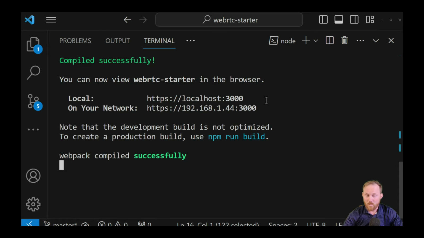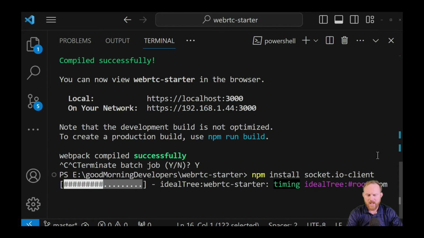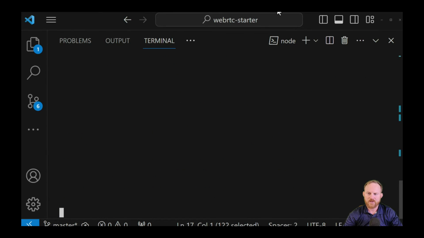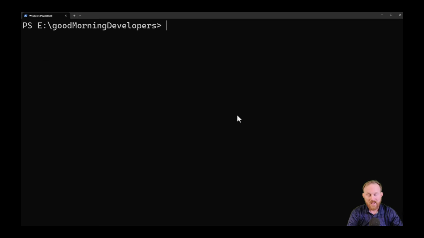Okay, we're going to do one more thing. I'm going to kill the server one last time, and we're going to npm install socket.io-client. That's the next thing we're going to do, and we are going to need this node module in order to get it. So please run that. npm start one last time to make sure that your server is running. And then I'm going to come back over to the terminal window, and I'm going to make a new directory, and I'm going to call it